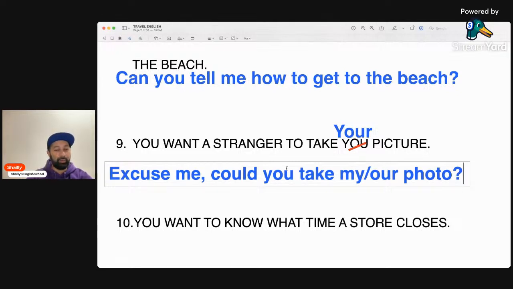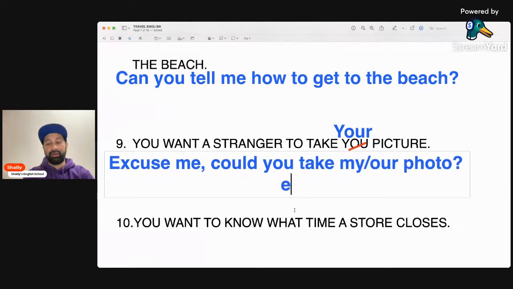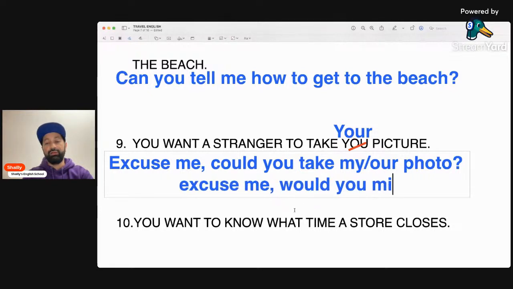Now, if I wanted to be more polite, and honestly, when I'm talking to strangers, I'm usually even more polite because I don't know them. I don't want to bother them. I don't want to impose on their day. To be more polite with this same question, again, we start with excuse me. We're going to change it to become more polite.